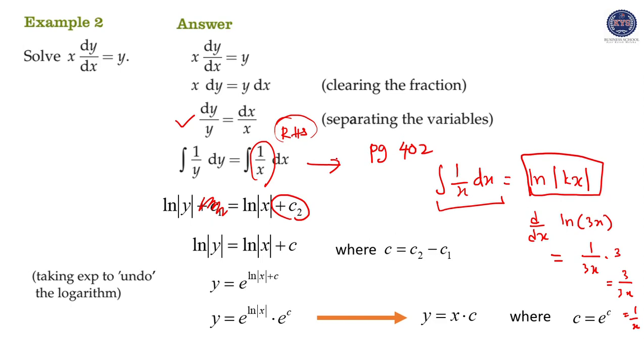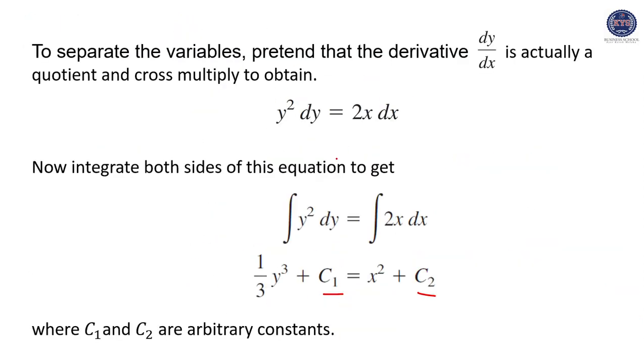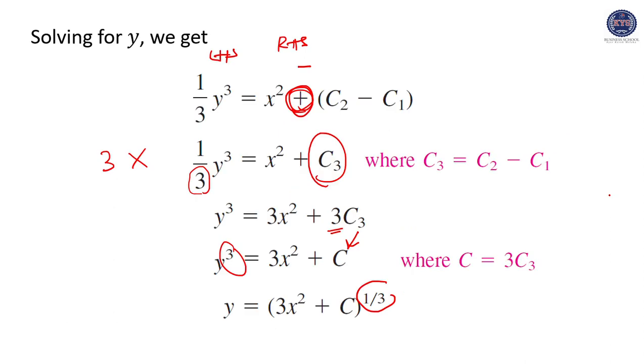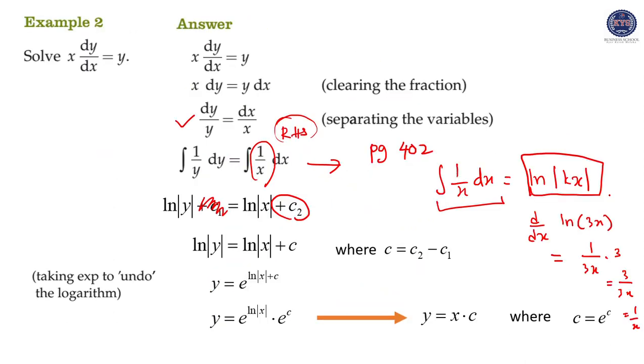Just now when we did any integration, it will produce c1 and c2, right? But this is a special case for integrating a reciprocal function. It will produce ln modulus kx. It does not need to put plus c2. No need to put plus c2. They put it as a kx. Why, I explained already. Refer to page number 402. Or I prefer this method in 402, or you may follow my method over here,